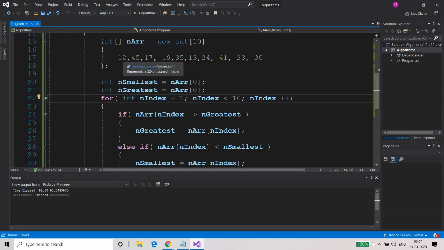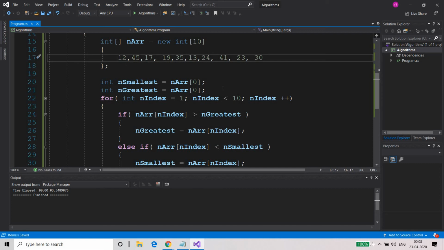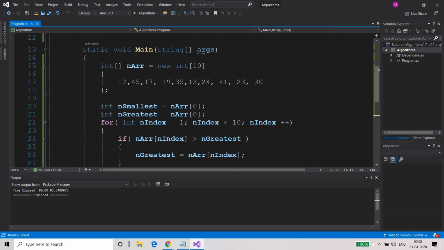So smallest is 12, and the greatest is also 12 at the beginning, right? And then I start from the first index, and then I compare both of them, right? So this is the way it should work, and then just print it.